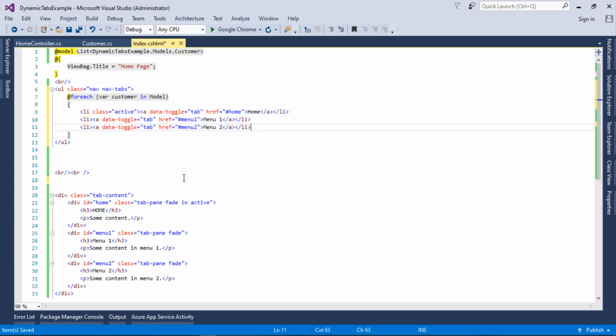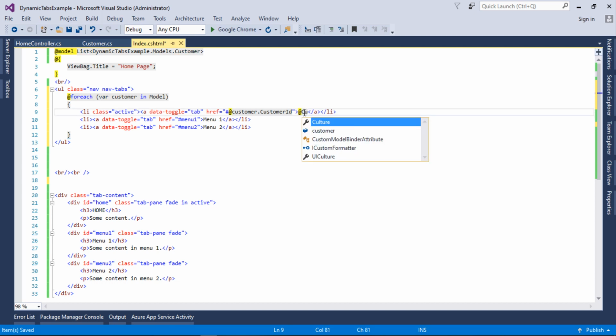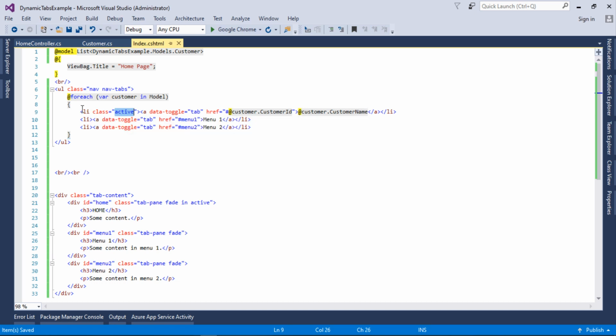So let's paste it here, and as you can see we need to provide this unique identifier, so it will be @customer.CustomerId, and here we provide the customer name, so @customer.CustomerName. Okay, and as you can see we have the active tab on the first element of the list, and all the other elements do not have this active.